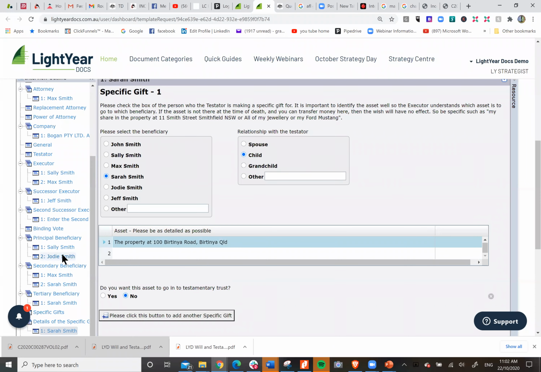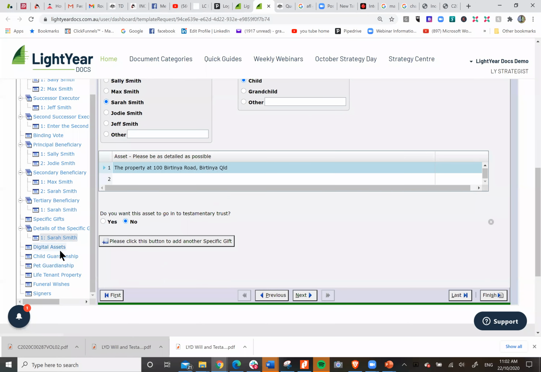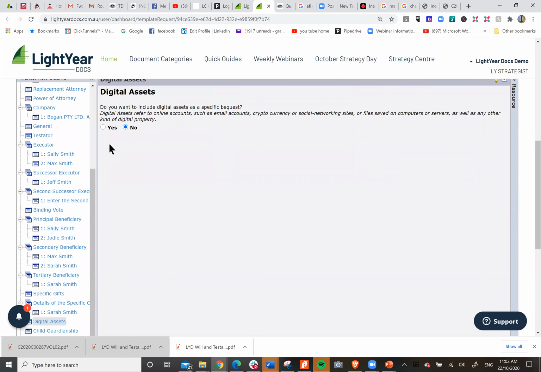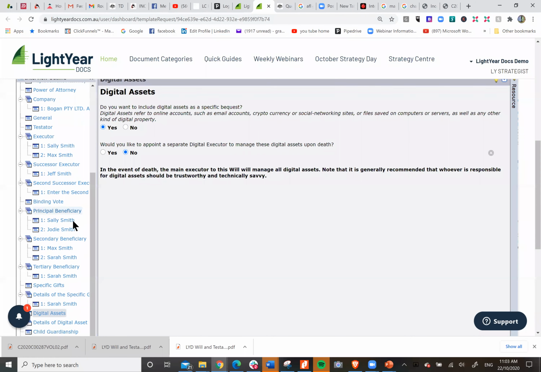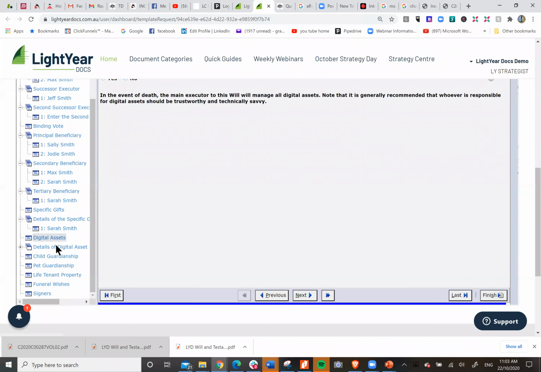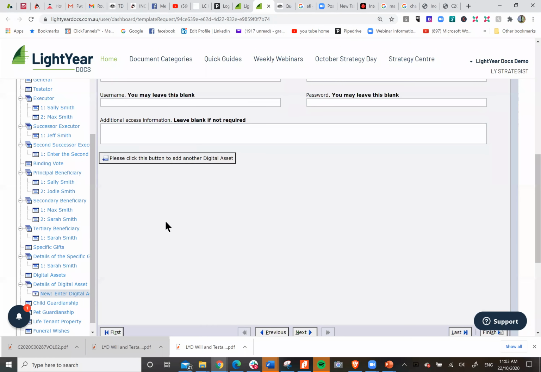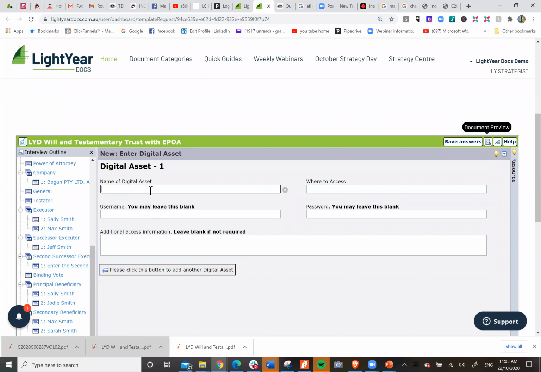So I tick no. Now, digital assets. Yes, if I've got any. Would you like to appoint a separate digital executor? No. So that's okay. So our executor, obviously, Max is going to be smarter about it. So I could put all my digital assets there. So I'm going to put Bitcoin.